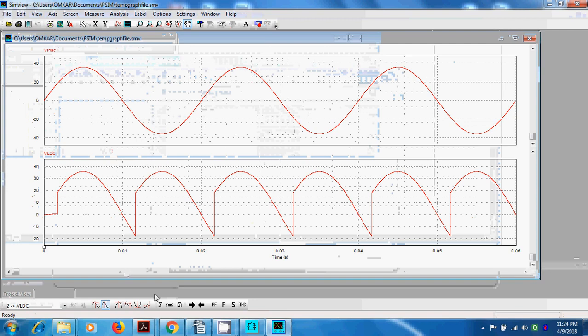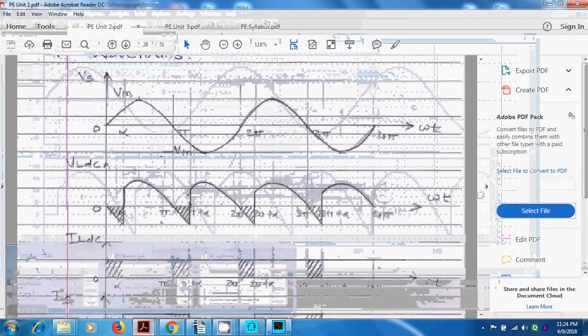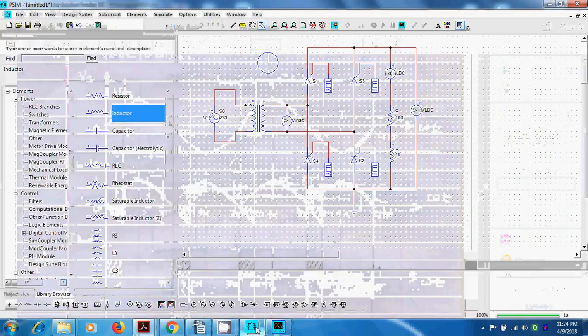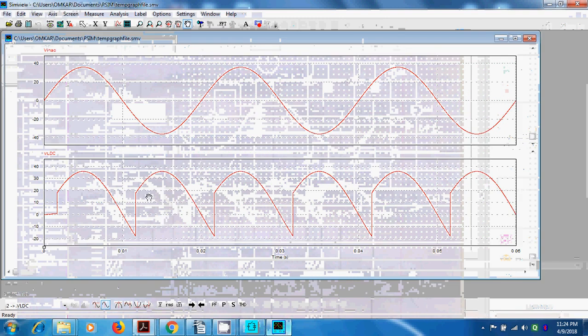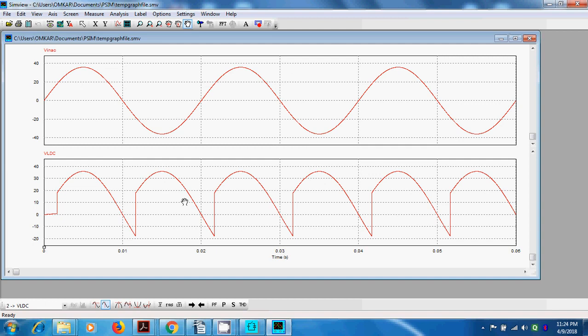Yes, so the waveform that I have shown here is the waveform that is observed, it is very clear. So this is what your output voltage will be in both cycles, that is positive as well as negative. This part is generally called the inversion mode, and this part is called the rectification mode. So this is a peculiarity of the single phase full converter using highly inductive load.